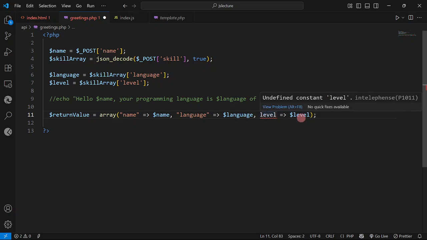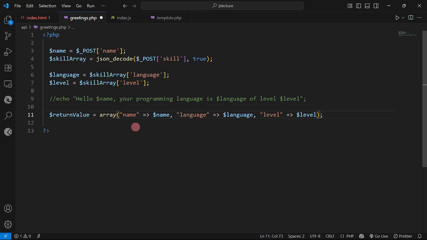What I'm doing here is I'm going to return a value, an array, based on those values that we have here. Now, if ever I'm going to have